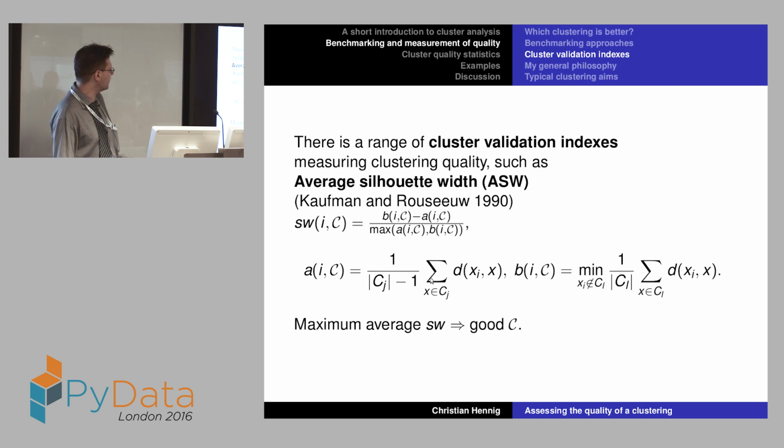Now, if this object sits very comfortably in its own cluster, the BIC should be much larger than the AIC, right? The point should be very close to the observations in its own cluster, and then this would be positive. And this intuition is used for saying a good clustering is a clustering where the average of these silhouette width values is